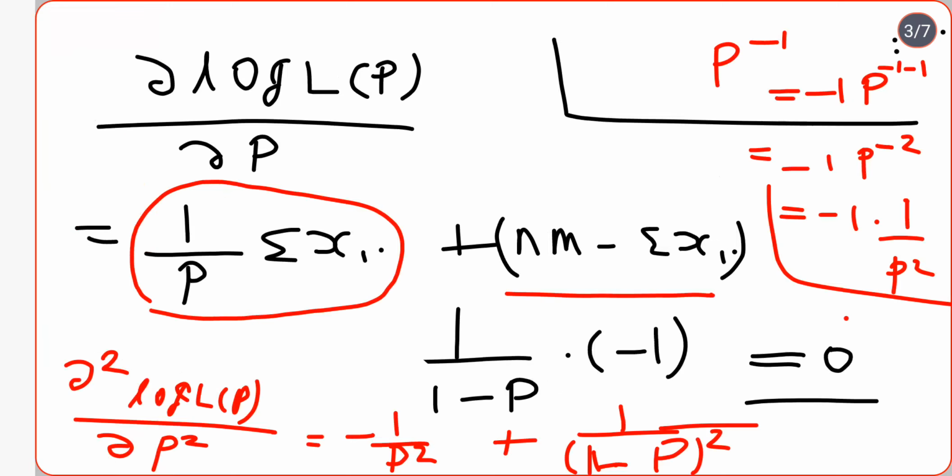Now if we do the derivative, this part will be treated as constant obviously, so it will be kept here. I told it wrong. It will be taken out as constant, but it will be kept. mn minus summation xi will be there, and 1 by (1 minus p) square will be there. And this minus term will also be taken out if you have to do the complete derivative for that. And after doing that, if I write this form of the second order derivative, then that will be